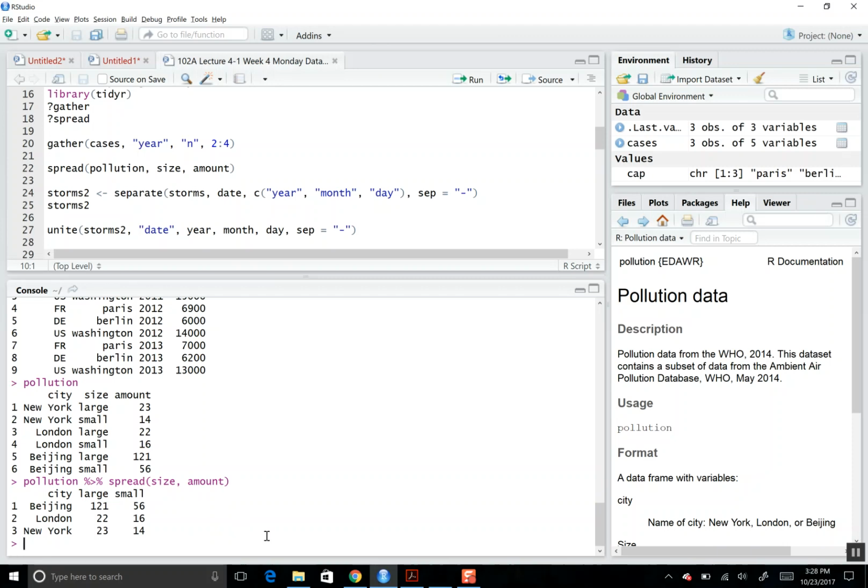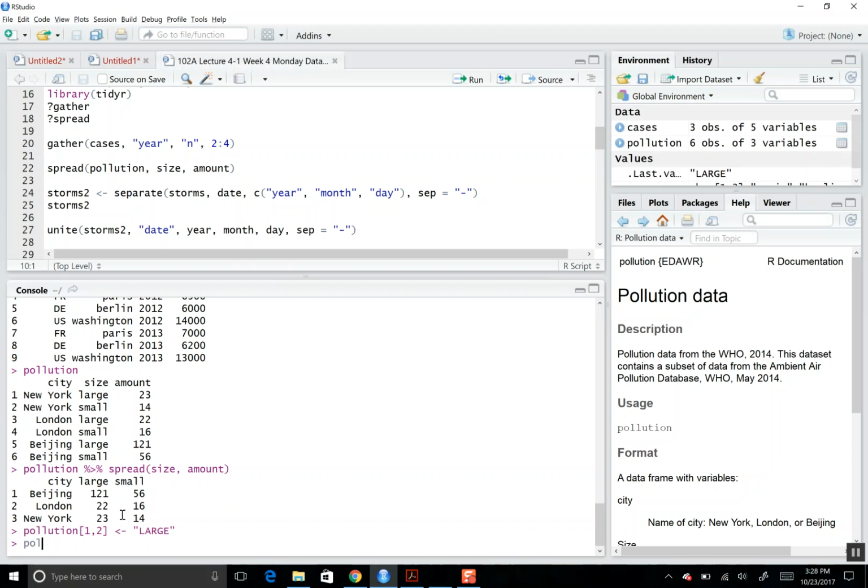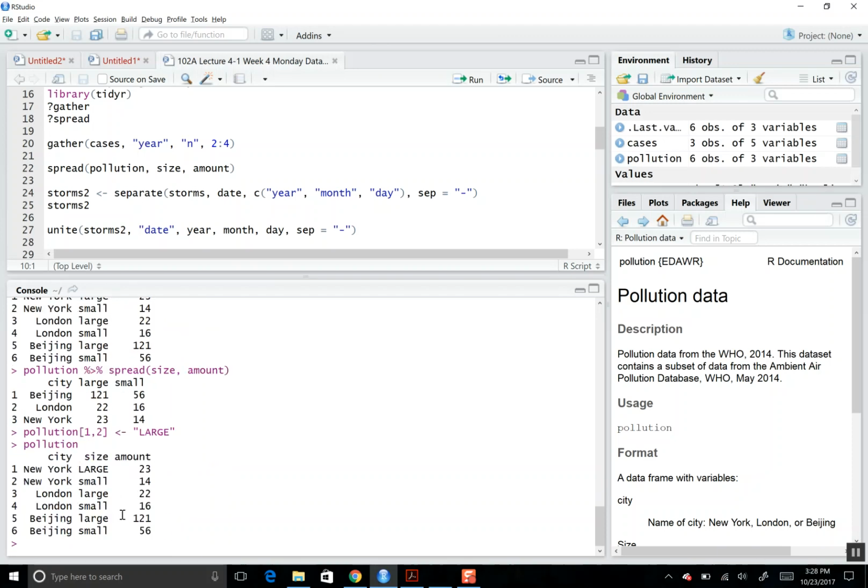What happened there? Okay, this is case sensitive, okay? So what if I'm going to go ahead and we'll take our table pollution, and I'm going to change that first entry of large into capital large, like this, okay? So let's look at what pollution looks like now, okay? So I've got New York with capital L large, okay? Small, large, small, large, small, okay? So if I run the same command here, pollution, spread, size, and amount,